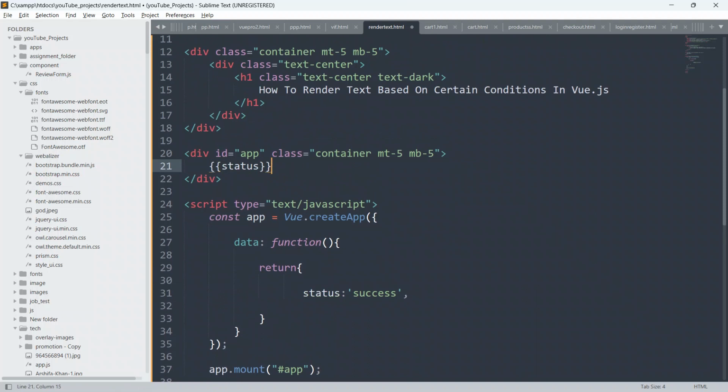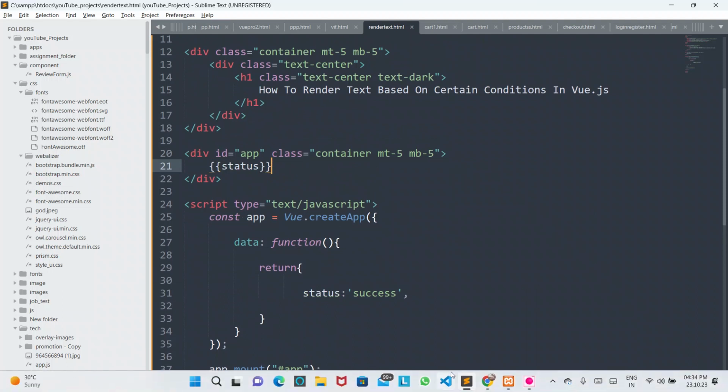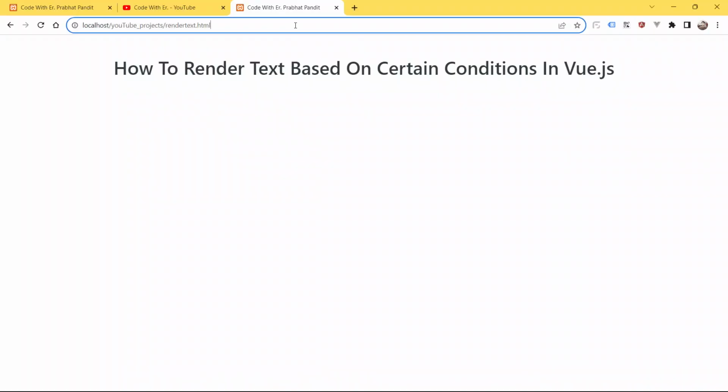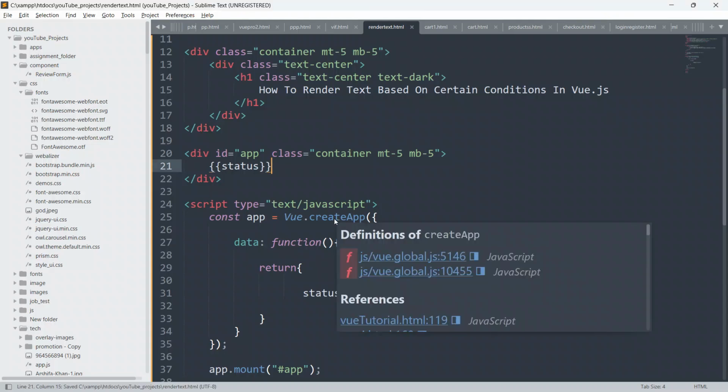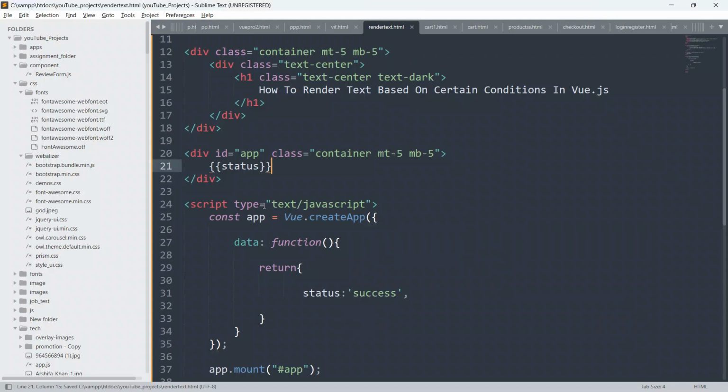Okay, so just now save your code and go to the browser and refresh the page. You can see here we got the success. Okay, so guys, now you know that whatever you want to show to the user as an output from the Vue.js,